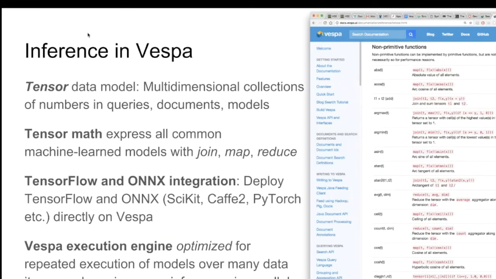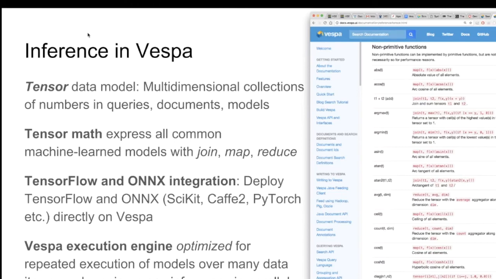So a large part of the effort on Vespa over the last couple of years has been supporting more advanced machine learning models, typically driven by the personalization and recommendation use cases where you want to use things like deep neural nets as your machine learning models.